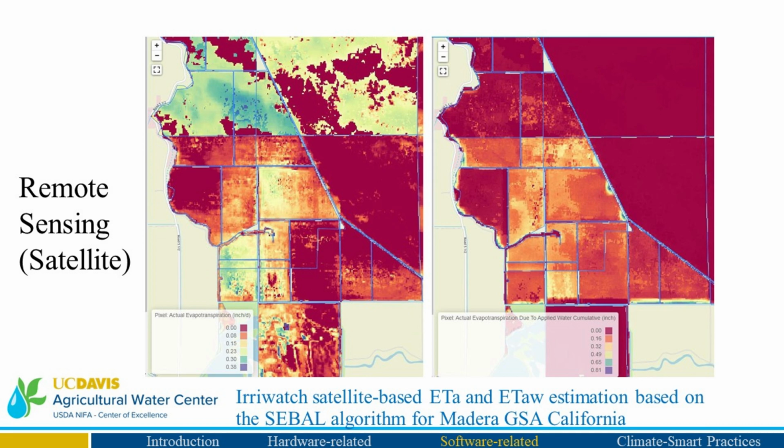And then there's remote sensing. Remote sensing is improving on a daily basis. We are getting more sensors in orbit. The algorithms are coming up every day. This is a map of Madera County. It's one of the groundwater basins in California, where they are managing how much water each farmer pumps, because not every farmer has a flow meter, so they are using remote sensing to monitor water allocation. And when you exceed your allocation, it costs money. Okay? But of course, there are issues with accuracy, and those need to be addressed.